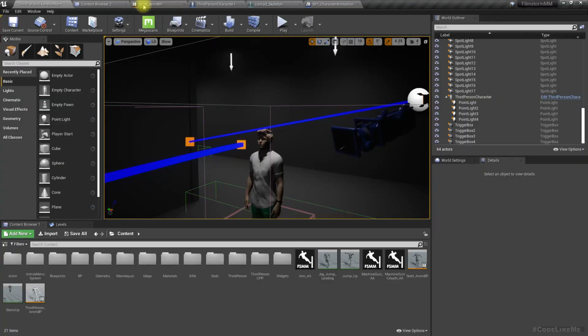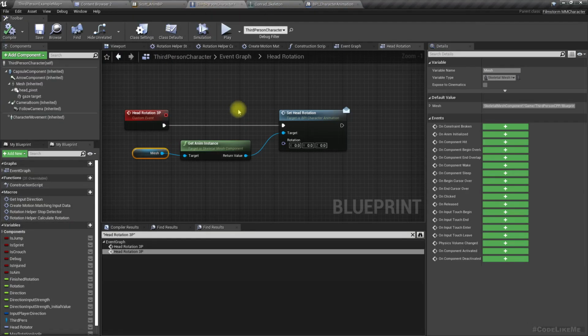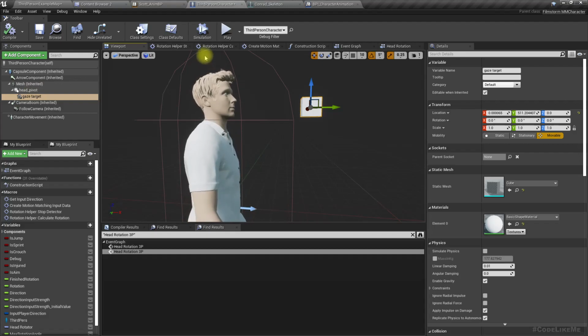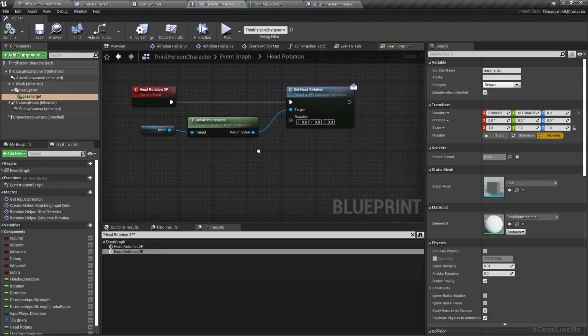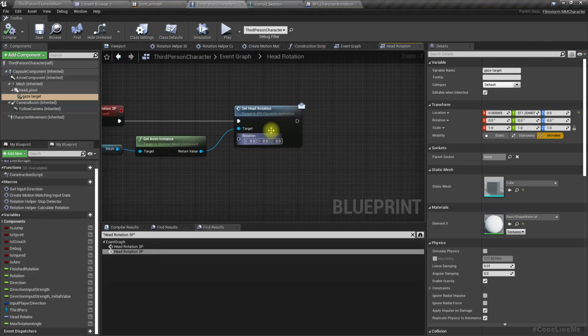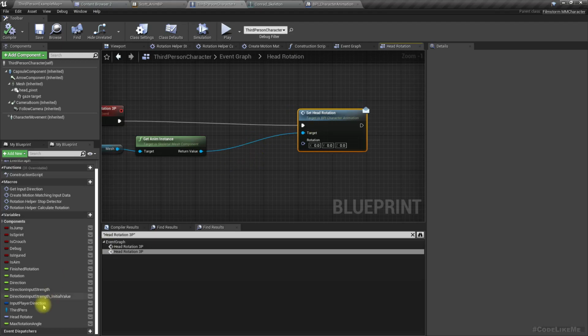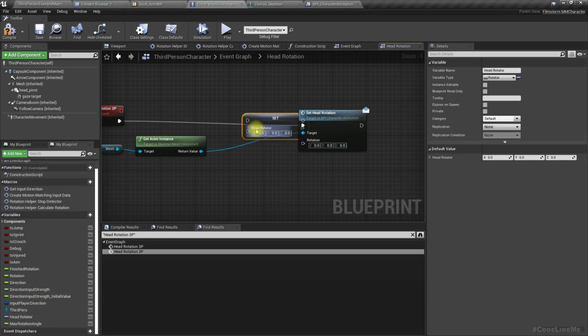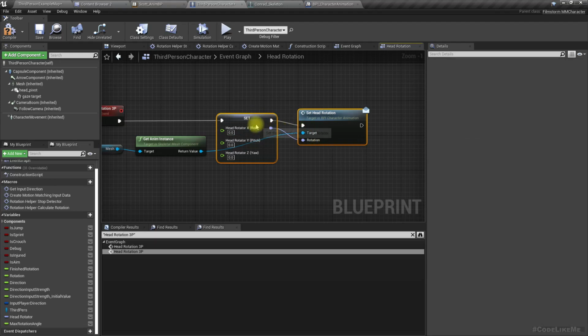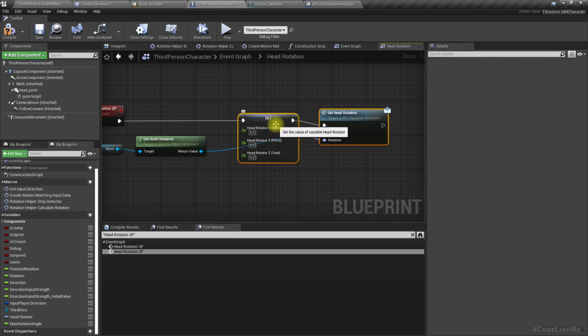Alright. And now that I think about it, I wouldn't even need this thing I set up to help with the calculations. So yeah, we can do something like this. We can set this head rotator value this way. Let me split this. Based on the vertical movement of the mouse, actually vertical means moving the mouse forward and backward,